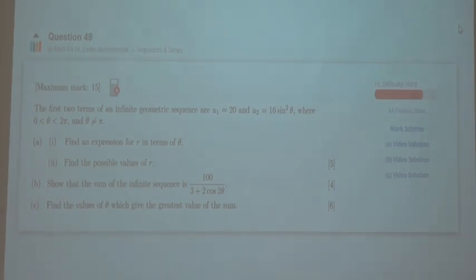A2 is the right. It says find the possible values of R. U2 is U1 times R. Can you try this? No, but we already know that. You already know that? Yeah, because it'd be 20 times 4 sine squared. So we can